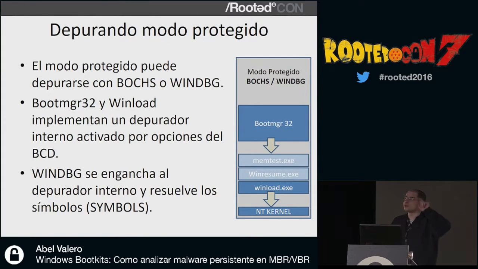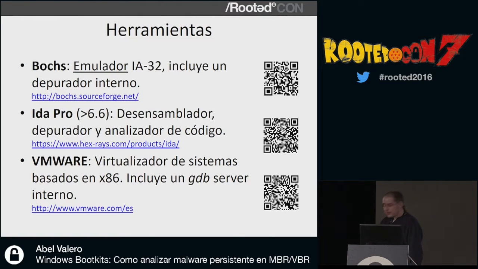I have lots of addresses and offsets here, but you see the names of the functions, so you have an idea of what they do. It's quite descriptive. So let us take a look at the tools that we will use to carry out this process. We will need an emulator, which will allow us to emulate a real processor. And for that you got IE32.